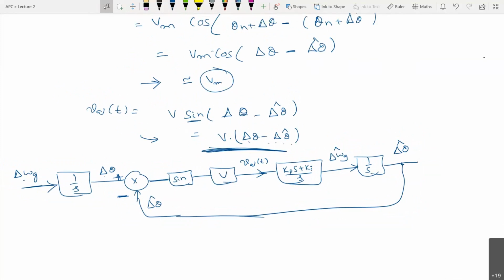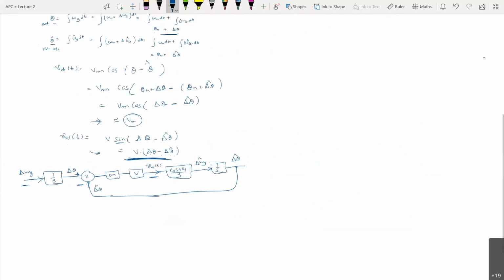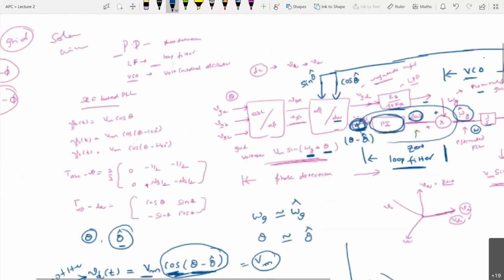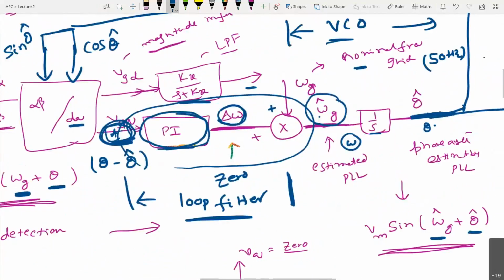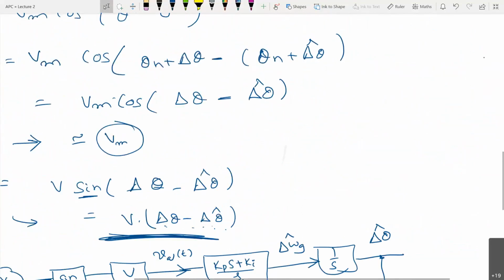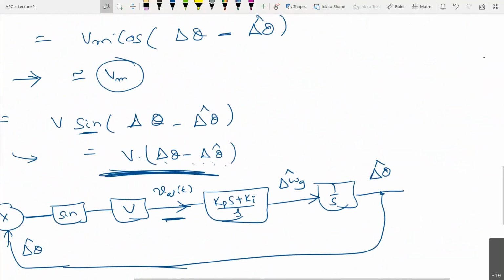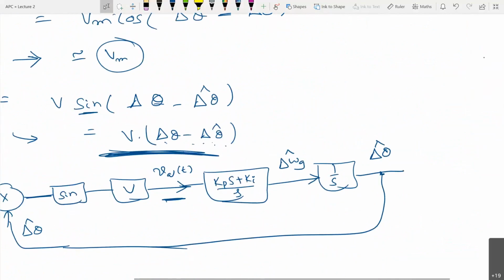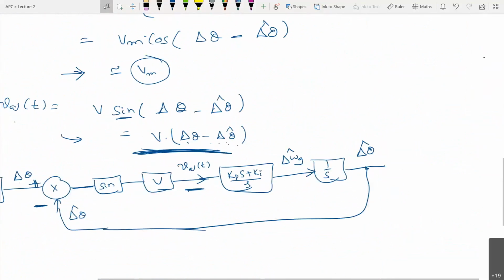So how will we model this? We have this term, based on that, we have the sine omega t, which is the q-axis term. And this is given to a PI controller that gives you this delta omega. And this delta omega, we are actually feed forwarding it, right? Clear? So this is the transfer function, or the nonlinear model of that.